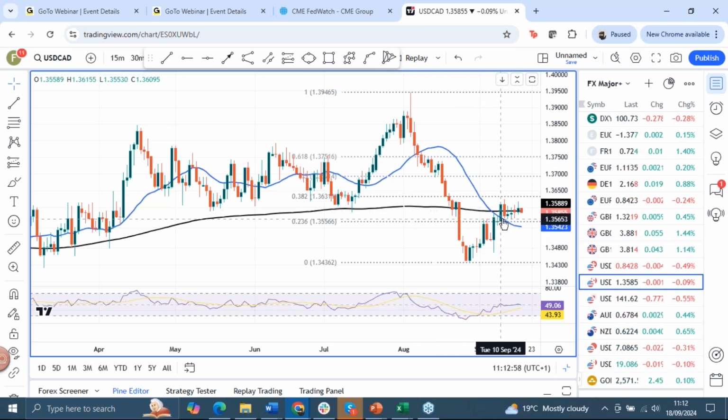You can see that fib level, which just capped the topside last week after the CPI data out of the US. That was a high of 136.22. So resistance around that level initially, with the next level just below 137. If we do get dollar selling, dollar CAD could be interesting because of what potentially gets done by the Fed, and then the Bank of Canada will follow in October. Support then is 135.56, probably that near-term minor fib level, and then you've got the 21-day moving average just below that, 135.42.